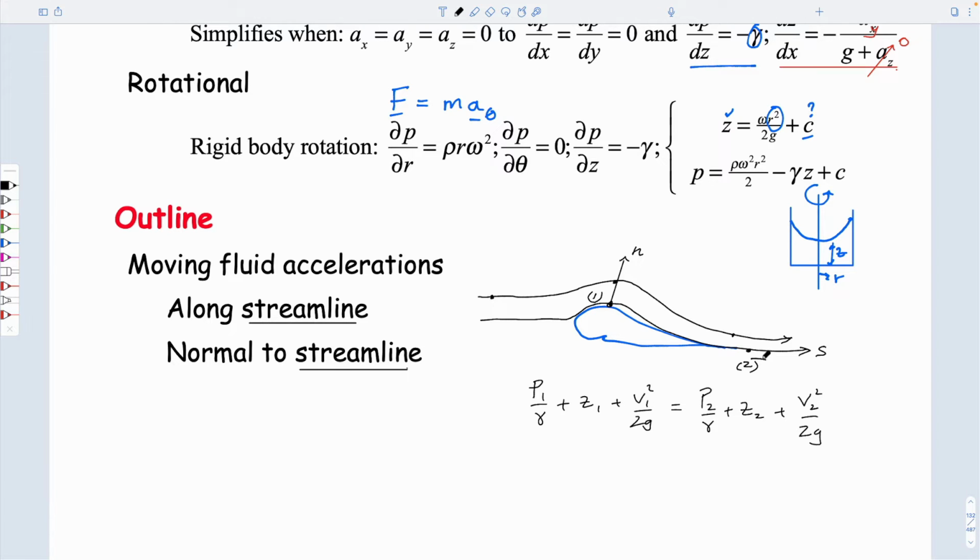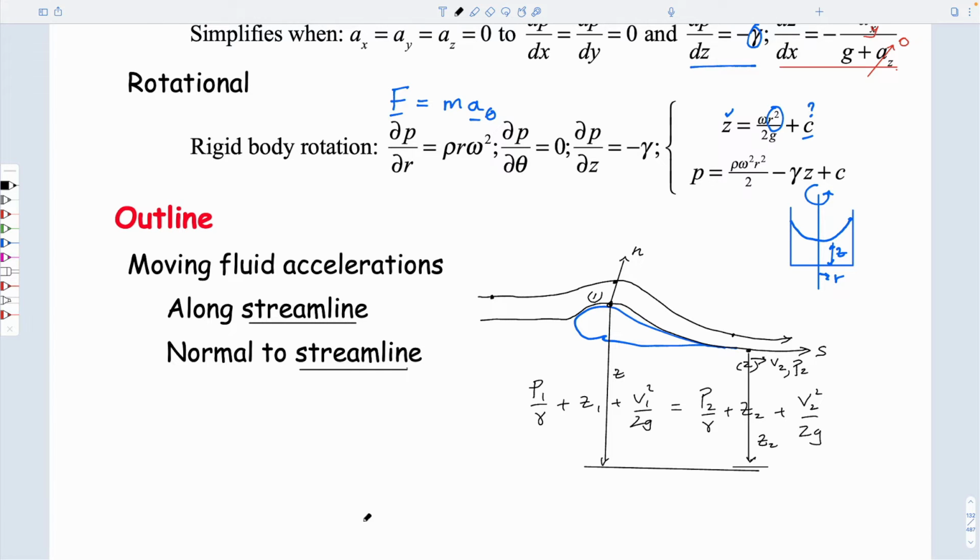So this would be the velocity, V2, at point 2. It would be the elevation of this point relative to some datum, Z2 relative to the same datum here. And it would be whatever the pressure would be at that point as well,